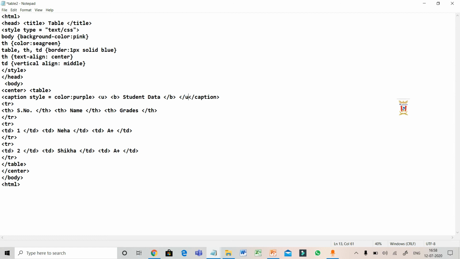After writing the basic program, you can perform as many modifications as you want. So I have done 3 modifications here. First, I have added border to the table. Second, I have provided alignment to the text. Third, I have added a caption for my table. One more thing which was not in it was the center tag, which shows the table in the center of the page. So I have saved it. Now let's run the program.